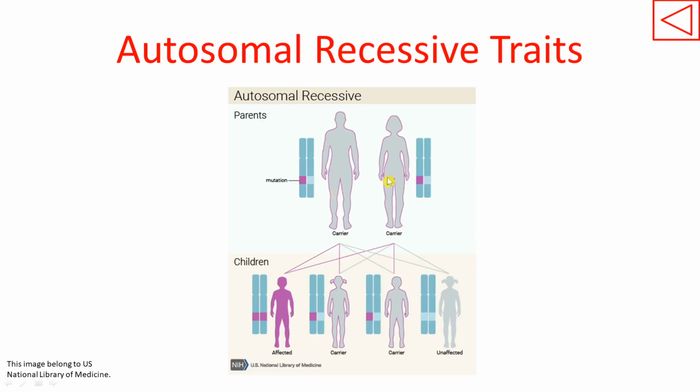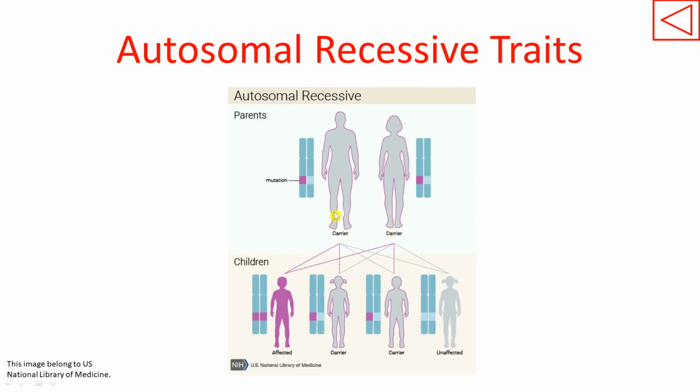Similarly, in case of mother, she is also carrying two copies of genes, of which the first one is the mutated gene and second one is the normal gene. Now, as these parents are carrying one mutated gene and one normal gene, they will act as a carrier. They will not suffer from glycogen storage disease. This is because the mutation of one gene will be compensated by the normal working gene over here, and that is why the parents are not going to get affected by glycogen storage disease.